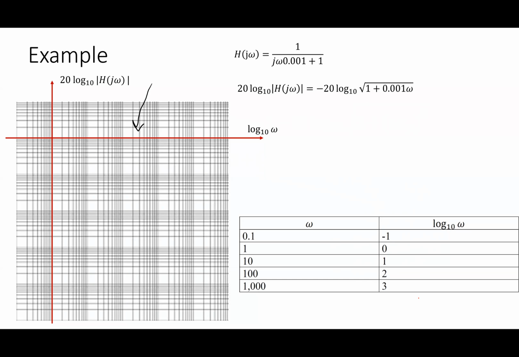I got a little table of logarithms here. For the numbers 0.1, 1, 10, 100, and 1,000, I put their logarithms. Why is 0.1 negative 1? Because it's the log base 10 of 10 to the minus 1. So where are those things? What I did here was draw a logarithmic x scale and a 20 logarithmic y scale. If this is the origin right here,